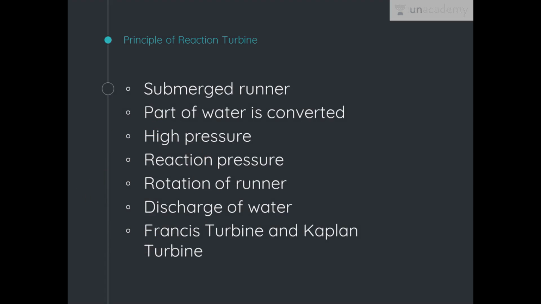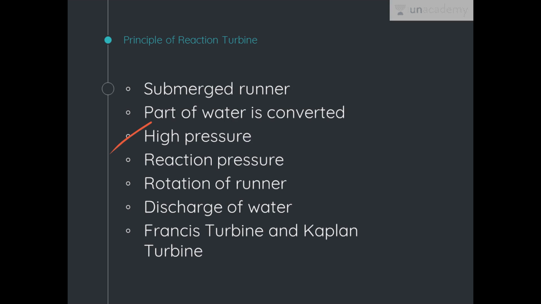So let's go on to the principle of reaction turbine. The reaction turbine consists of a submerged runner. It operates with its runner submerged in the water. Here only a part of water brought from the source is converted into kinetic energy, and the rest remains as pressure head. Water from the penstock is made to flow to the runner at high pressure through stay